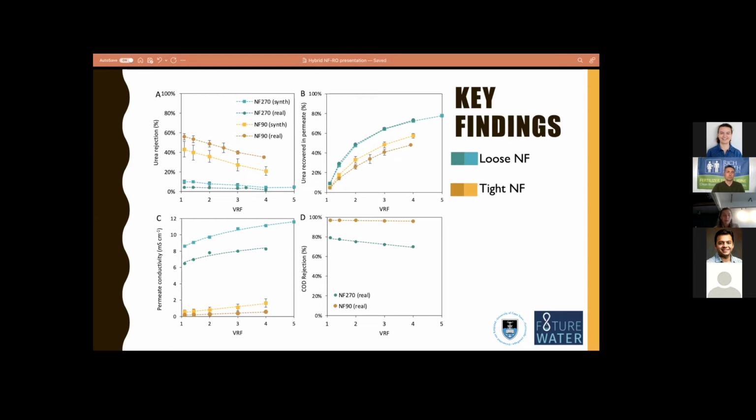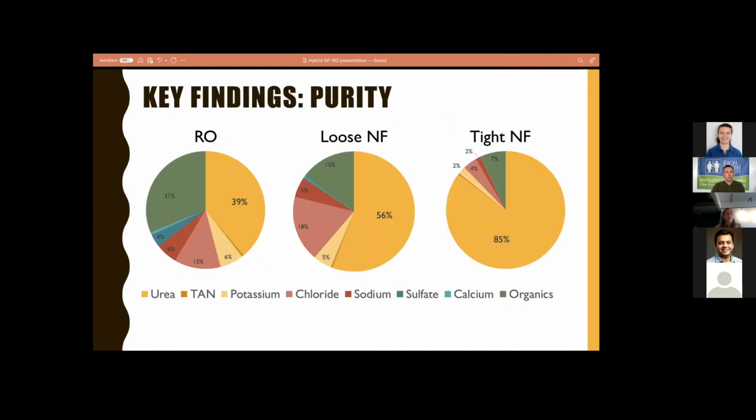Both membranes provided quite a high rejection of organics, but you can see for the loose nanofiltration membrane, there was quite a high permeate conductivity, and this is because of that lower rejection of monovalent ions. So what does this look like in terms of purity? If we had used just RO alone to concentrate the urine, you see that the dissolved solids composition remains unchanged. For the loose nanofiltration membrane, the purity of the urea was 56%. We were able to remove 78% of the organics and only 44% of the